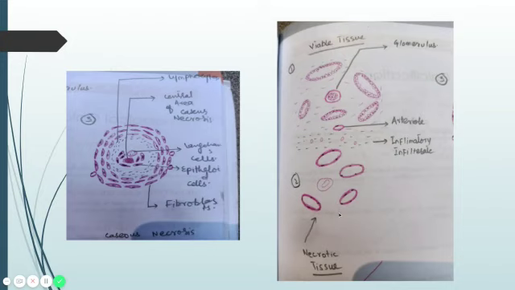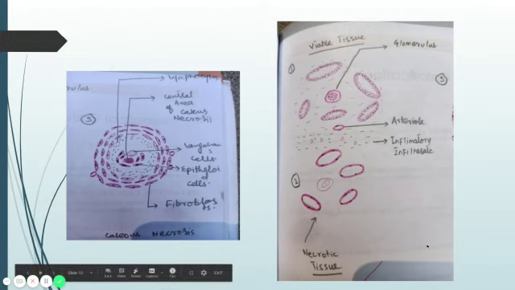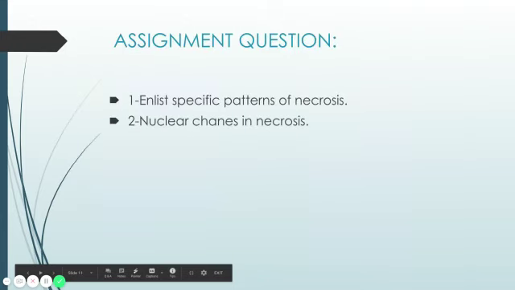This is the type of necrosis, coagulative necrosis. This is a specimen of the kidney. Here you can see the viable tissue. This is the glomerulus and all the arterioles, and the area is normal and intact. Here you can see the outline structure is intact but inner structures are distorted. This is the glomerulus as compared to the normal structure. This is distorted, and this is all the necrotic tissue. So you have to draw all three diagrams and submit them.